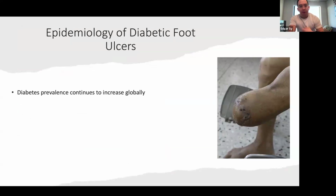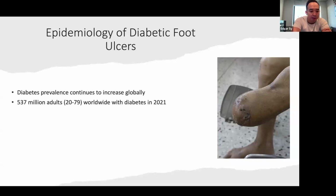So, epidemiology of diabetic foot ulcers, right? It's increasing globally, and this is where podiatrists and everybody in healthcare, it's a team effort, making sure that limb salvage is the goal. In a little bit, we'll talk about the consequences of just proceeding with below knee amputation, and how life expectancy goes down and how much metabolic power the body needs to compensate for the amputation, right? So over 537 million adults